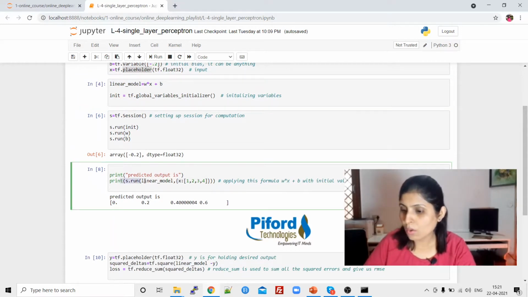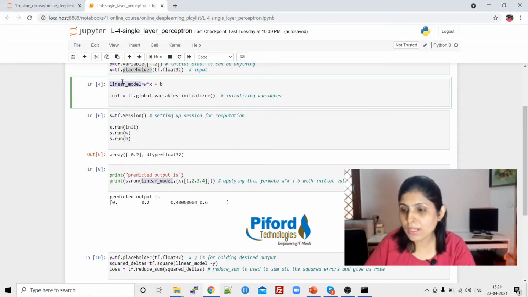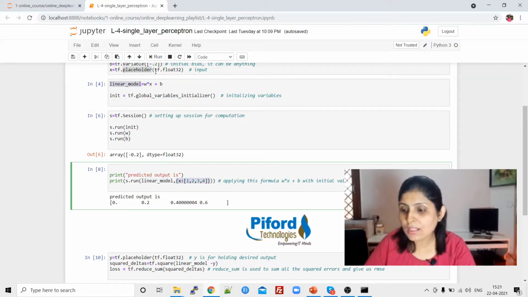Over here we are running that model. For running it, linear_model is the variable where we have written the code for the perceptron, and these are the X values. Why are we providing X values here? Because we used a placeholder above, which means we provide these values at the time of execution.